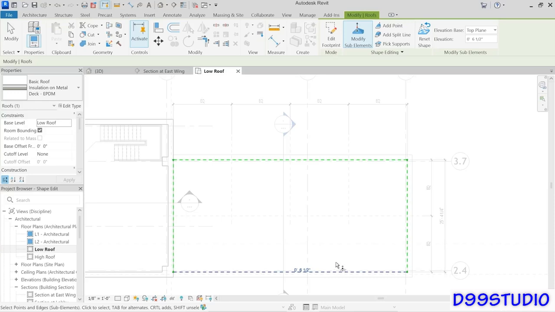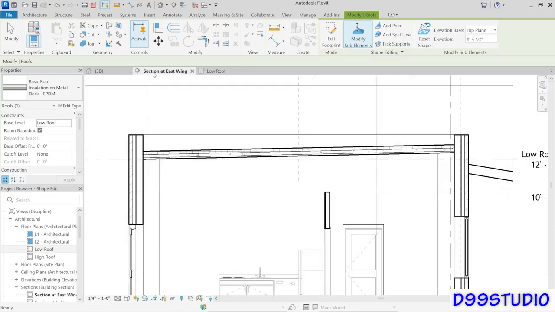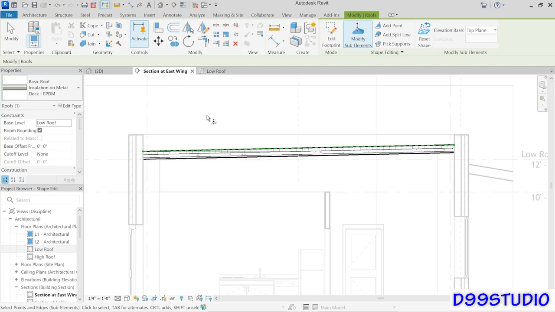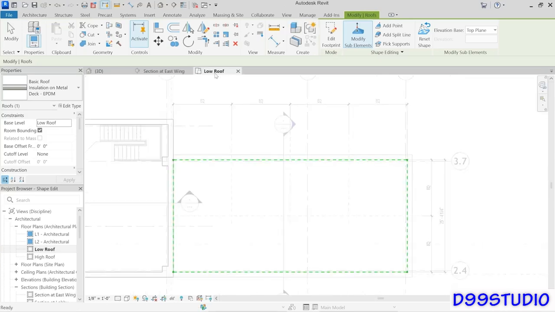So now the result of that is if I go to the section view again, you will see that we've got this really subtle slope now on the entire roof. It's kind of like a really subtle shed roof. Okay, so we could stop there, but what I want to do further is direct any drainage to 2 drain points. We're going to have, maybe we'll have scuppers on the side of the building. Okay, and those drain points are going to be here